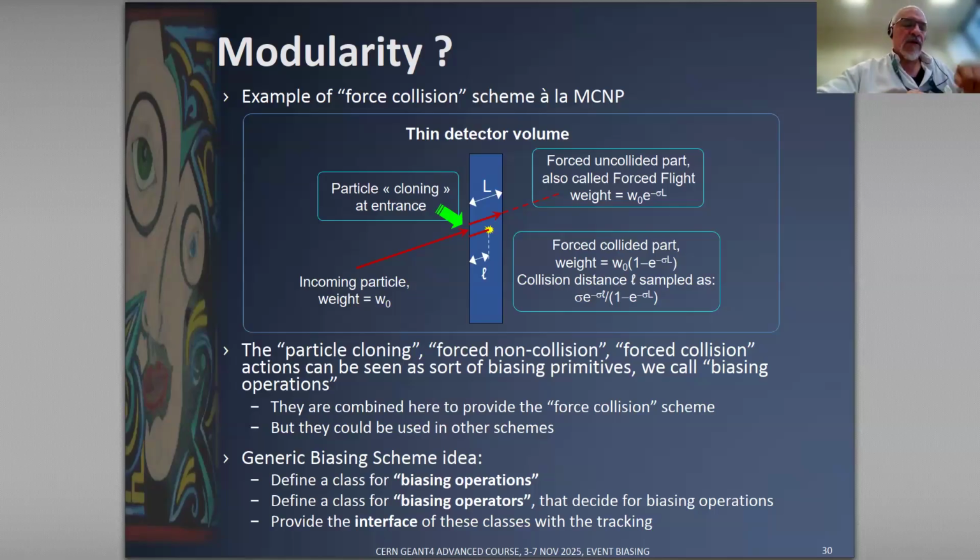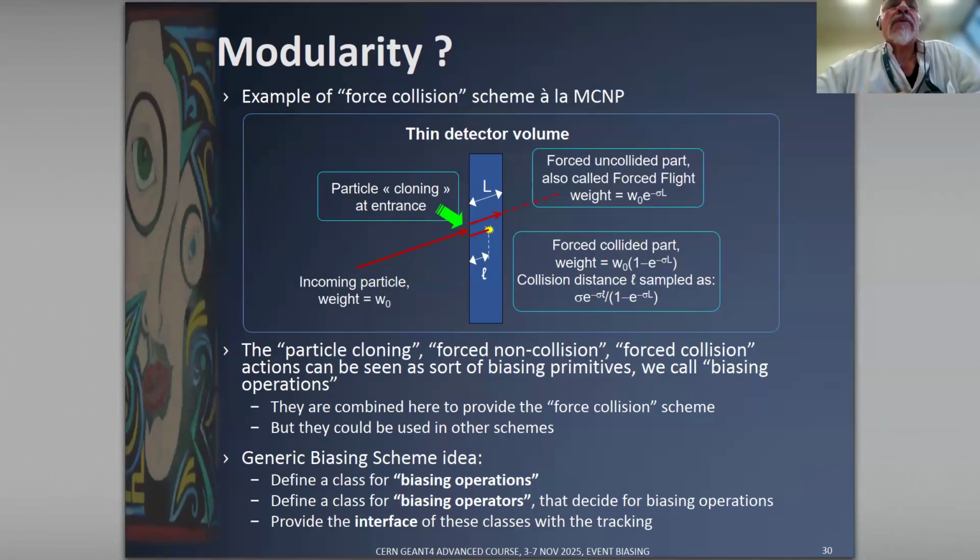The force collision scheme of MCNP does the following. You have an incoming particle with some weight, then you split it on the boundary of the volume. For one copy, you force it to go through the volume without interaction,